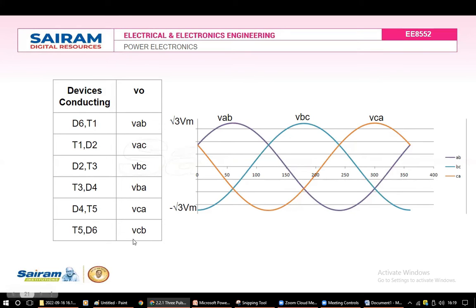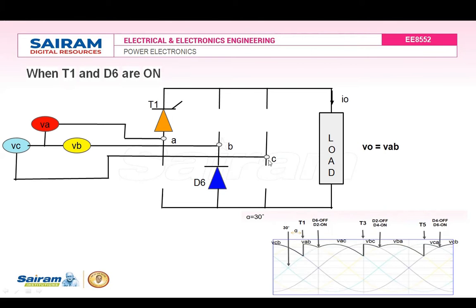In order to get the VCB waveform, we have to draw the negative VBC waveform on the positive side as a mirror image. Again, for the VAC waveform, we draw the VCA waveform as a mirror image. Then we have the VAB waveform. If we draw the negative part of the VAB waveform as a mirror image, we will get the VBA waveform. The diode which is connected to C phase will be turned on automatically. So in the next stage,